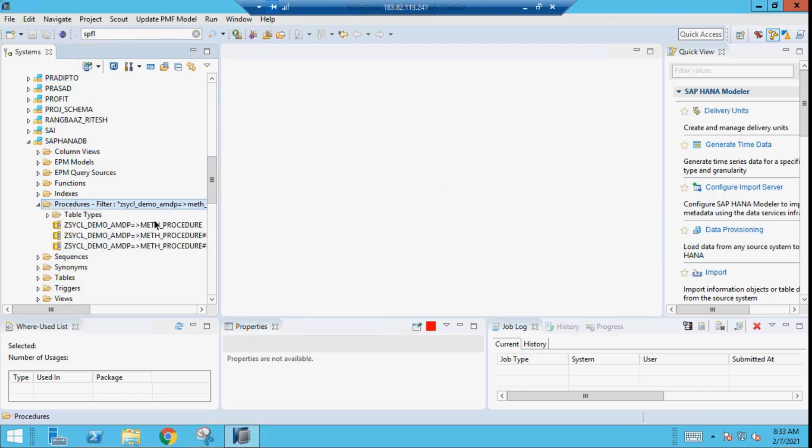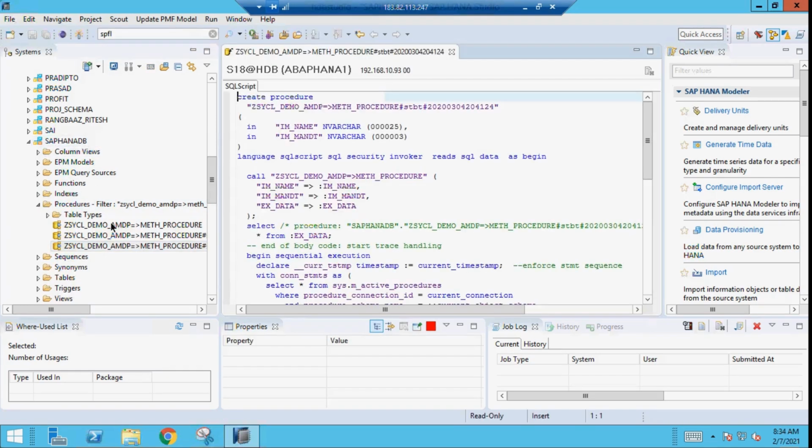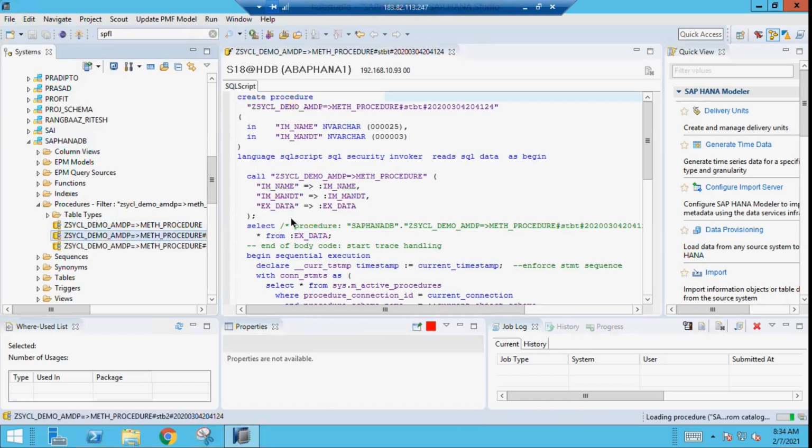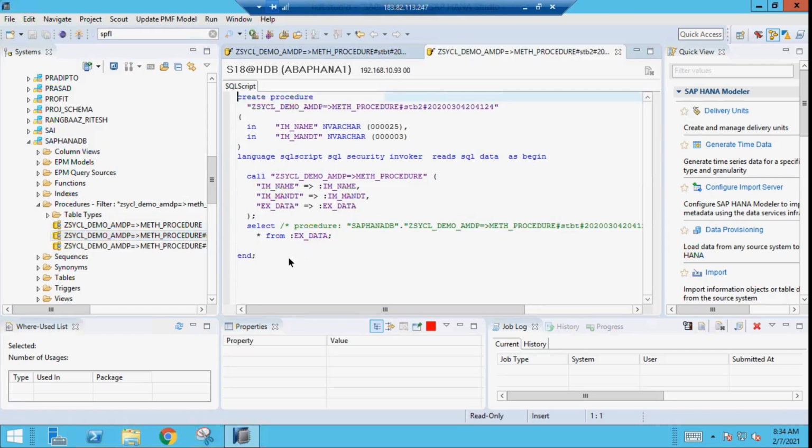If you see here, the corresponding database procedures got created at the database layer within the schema SAP HANA DB. This is the schema detail which gets created automatically at the database.